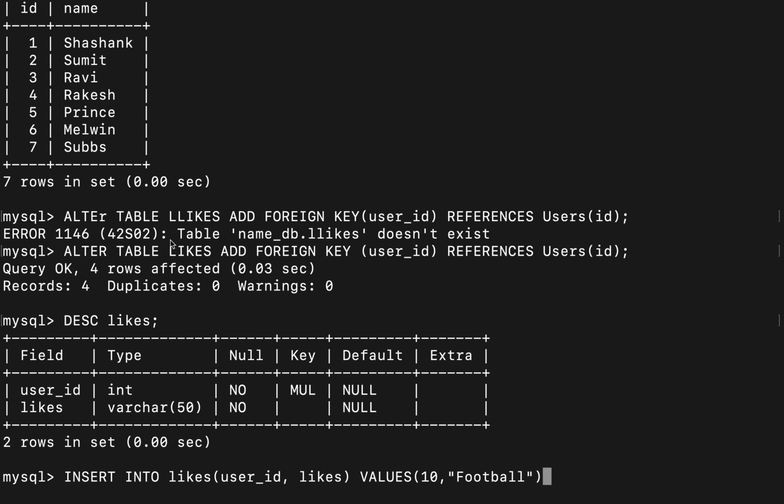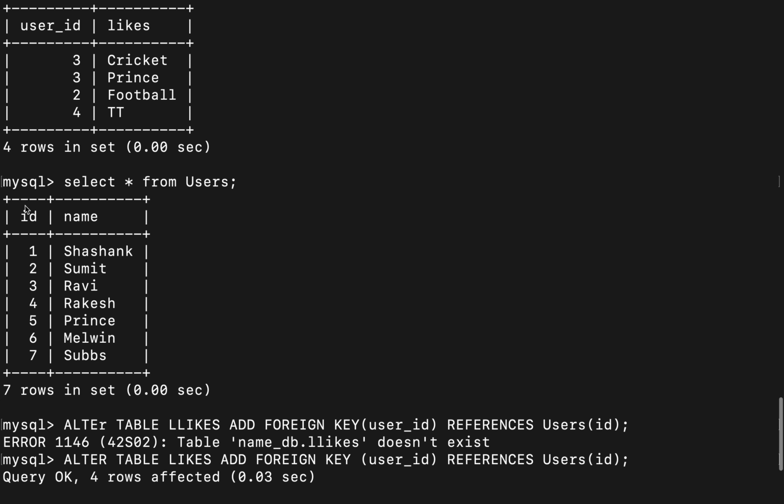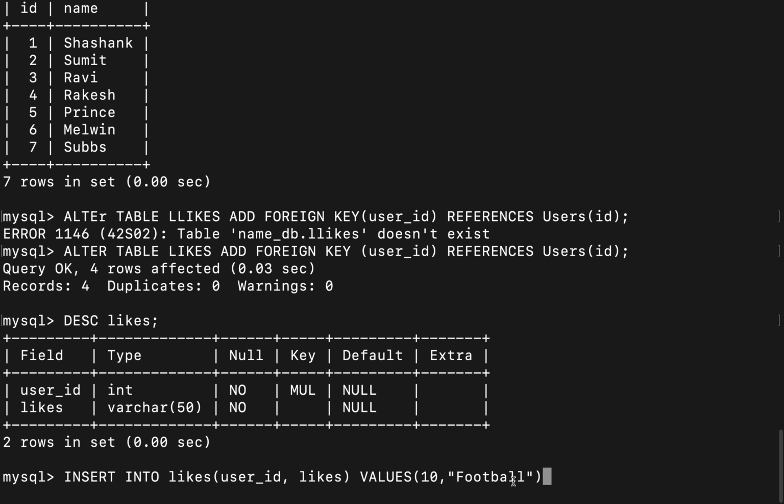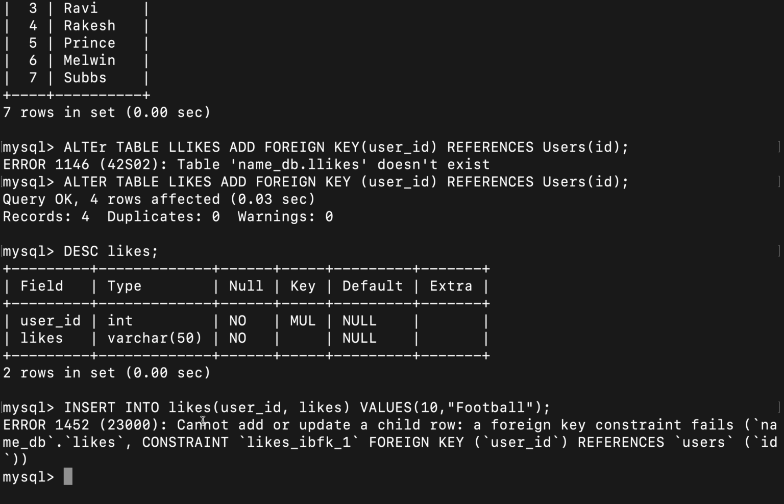So if you see, 10 is not there in this ID, right, which is the primary key. So basically user ID is a foreign key which is pointing to the primary key of this users table, right? In this ID, 10 is not there, however we are trying to insert 10 into this likes table, right? So once we execute this, you will get an error: cannot add or update because of foreign key, right?